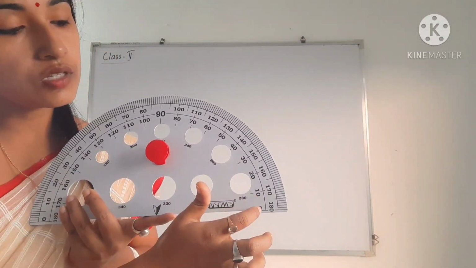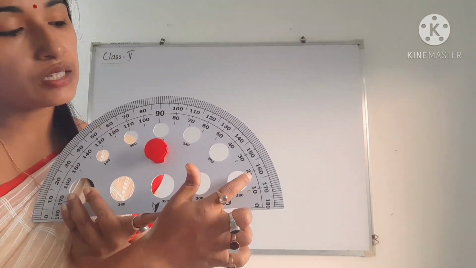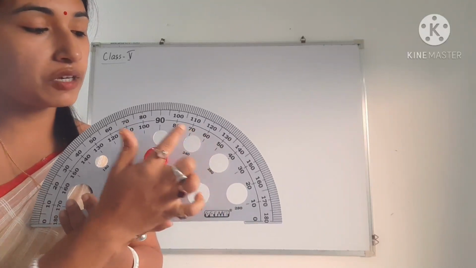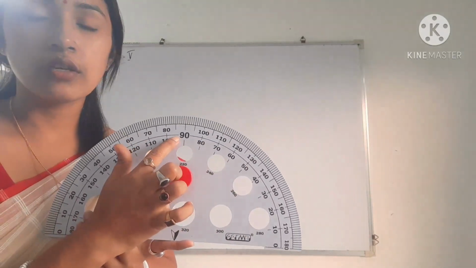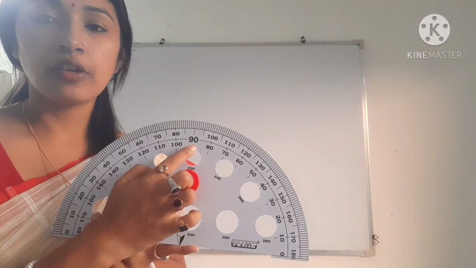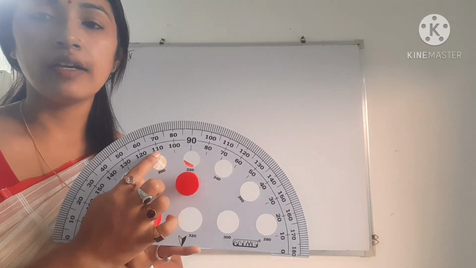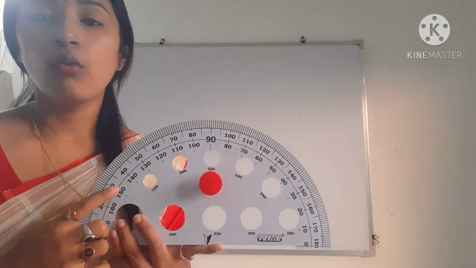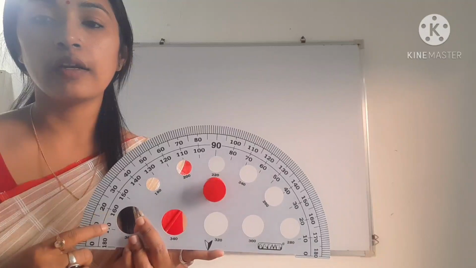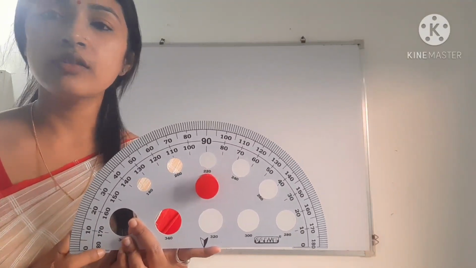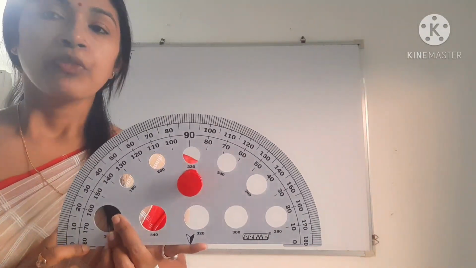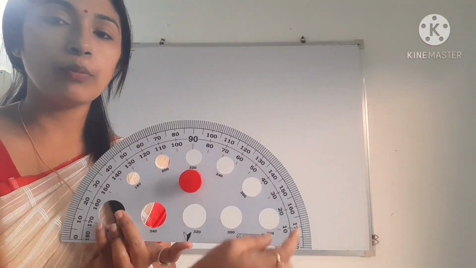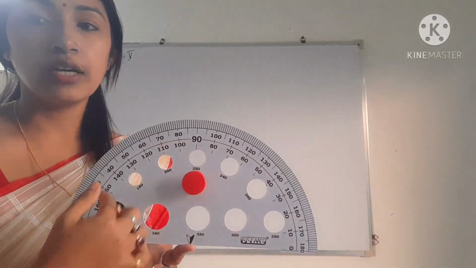Okay, this one is below, so 0, then 10 degree, then 20 degree, then 30 degree, then 40 degrees, 50 degrees, 60 degrees, 70 degree, 80 degree, then this is 90 degree. Similarly, after 90 degree, 100, 110 degree, 120 degree, 130 degree, 140 degree, 150 degree, 160, 170, and then the last one is 180 degree. Okay, so our initial line will be here and our final line will be in between any of the angles.